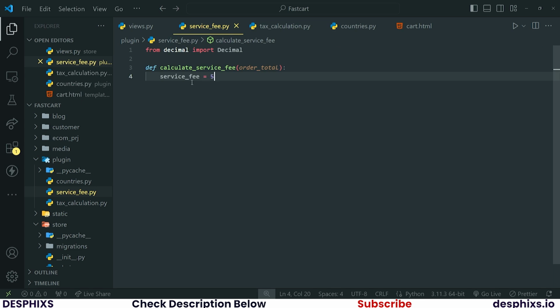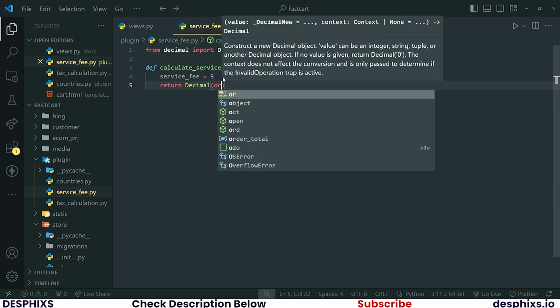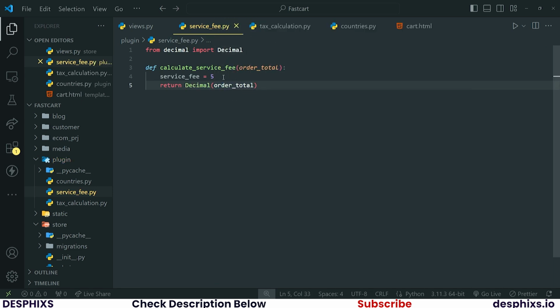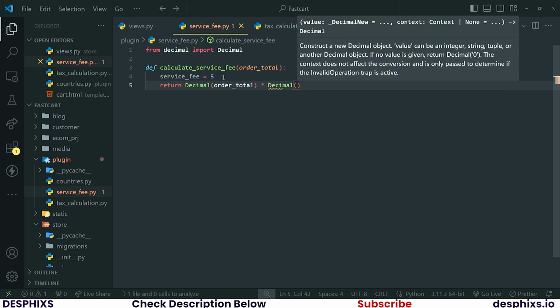Also, just so you know, you can also pull this from a database. Let's say you're already on a live server and you decide you want to change your service fee. Then you actually have to reformat your code to be able to do this. But for now, let's do it like this, because I don't want to create a lot of overhead that could throw some of us off. When we start getting to the advanced section of the course, then we'll start reformatting everything and making everything professional, okay? So now go ahead and return Decimal of order_total multiplied by